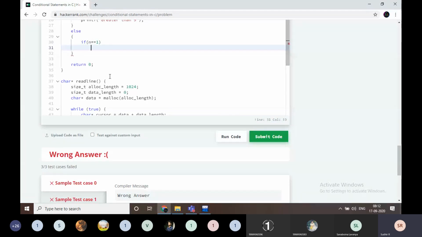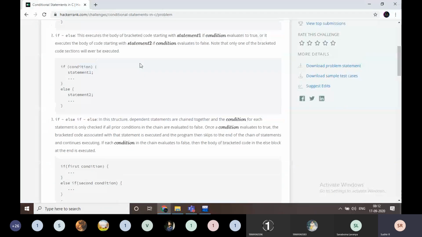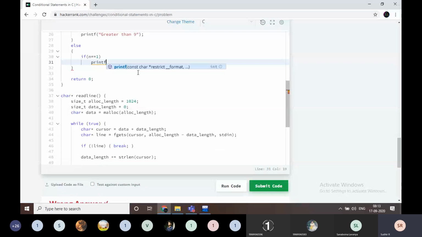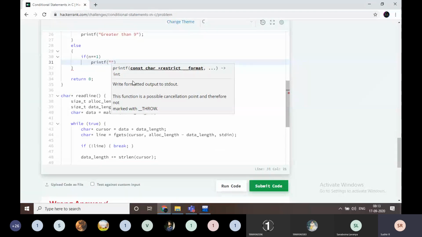If n is equal to 1, I am going to print, the program name is conditional statements, that means we have to write the conditions, a number of conditions. I am going to print here one.